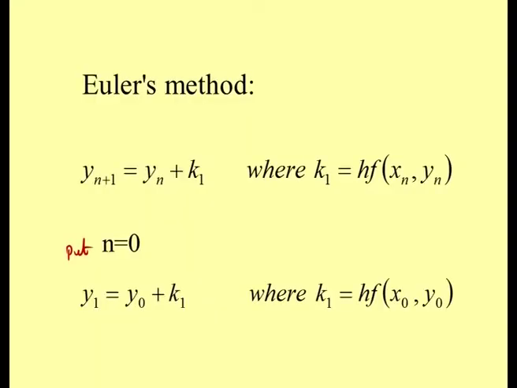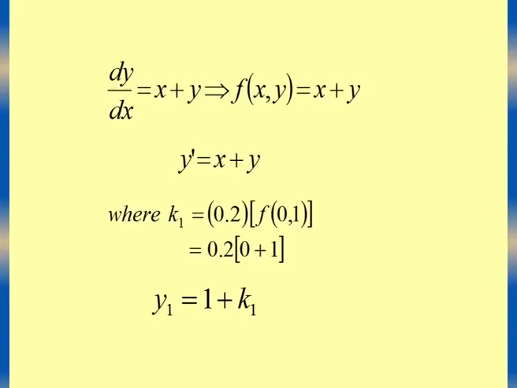Okay. Euler's method formula is yn plus 1 is equal to yn plus k1, where k1 is h into f of xn comma yn. Put n is equal to 0, y1 is equal to y naught plus k1, where k1 is h into f of x naught comma y naught. F of x comma y is x plus y, and you have y dash is equal to x plus y. Therefore, y1 is equal to y naught, y naught is 1, 1 plus k1, k1 is h into f of 0 comma 1, x naught is 0 and y naught is 1, and this is equal to 0.2 into 0 plus 1,